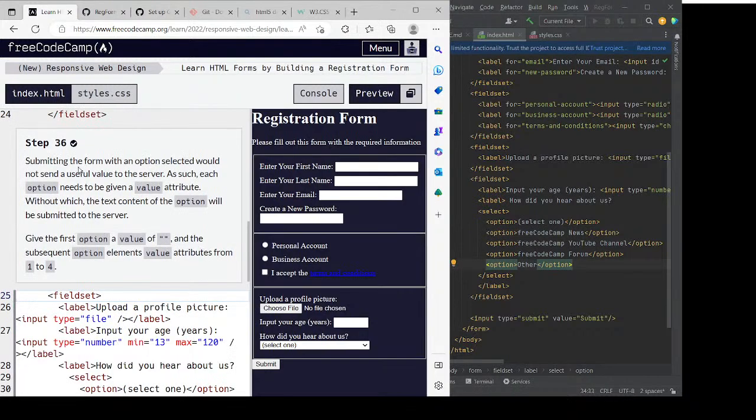Step 36, submitting the form with an option selected would not send a useful value to the server. As such, option needs to be given a value attribute, without which the text content of the option will be submitted to the server. Give the first option a value of, so one is this,